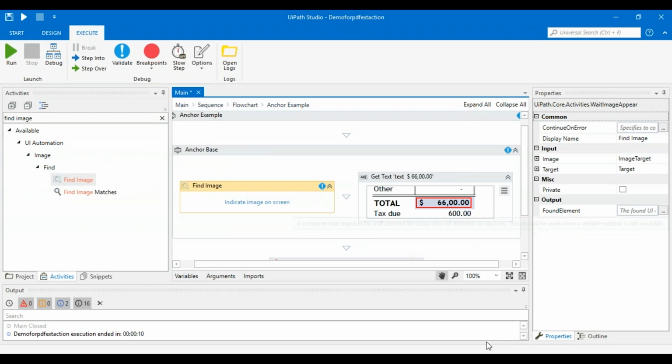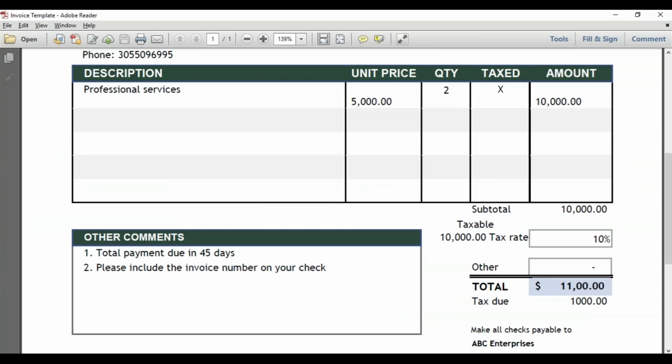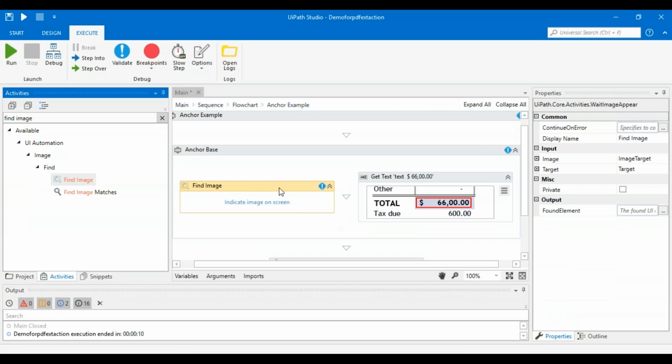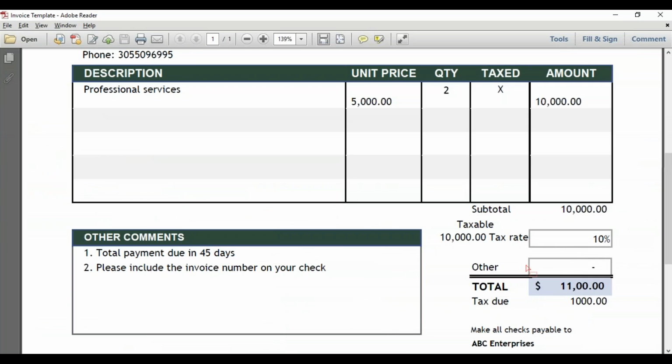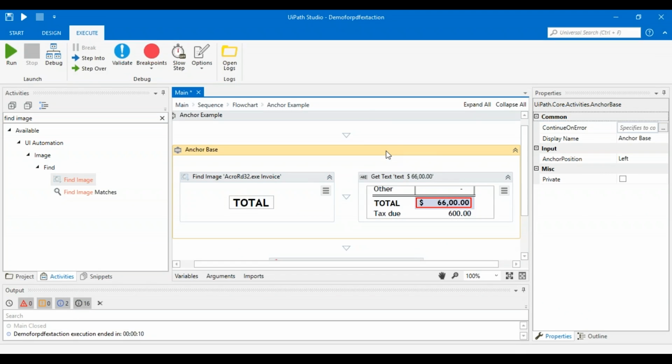Now over here, you can again indicate on the screen. I'm going to leave that part for you, but let me quickly show you how you can indicate it on the screen. So I'll close this, and then I'll indicate it on the screen. Let's say total. Once you mention that, it will understand that it has to search for this particular image, that is the total. And based on the anchor position on the left hand side, whatever action you want to do,